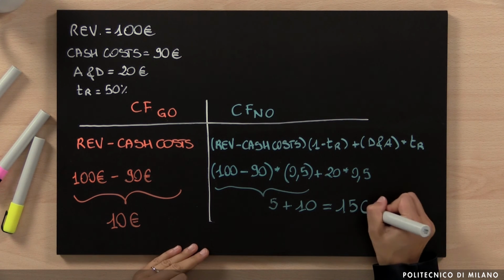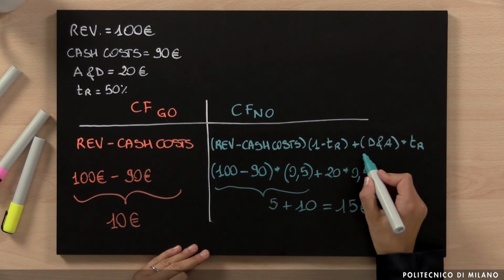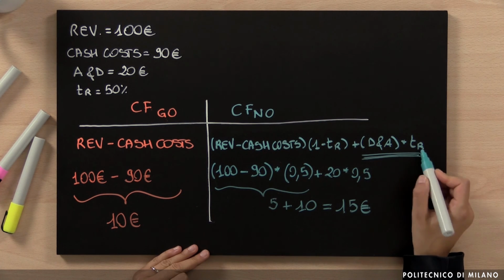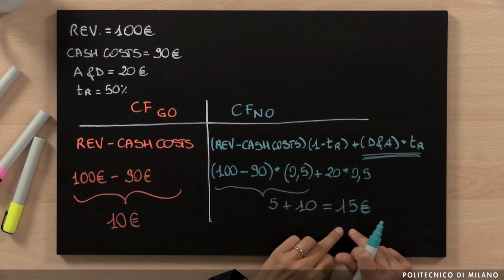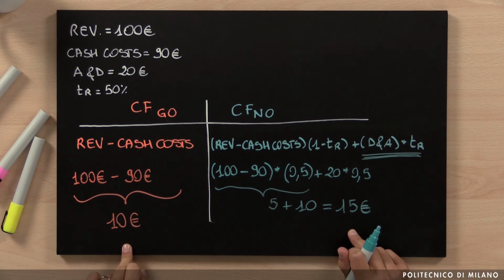So the cash flow net operating, calculated by including the taxes, is, as we already know, higher because we have this tax shield. Because of the depreciation and amortization, and so because of the tax rate, we have a higher cash flow with respect to the one calculated gross operating with the traditional, simplest formula. This is a choice that we need to keep in mind when we decide how to approach our investment, because we can use both of them, but we need to take into account what changes when we adopt either the first one or the second one.